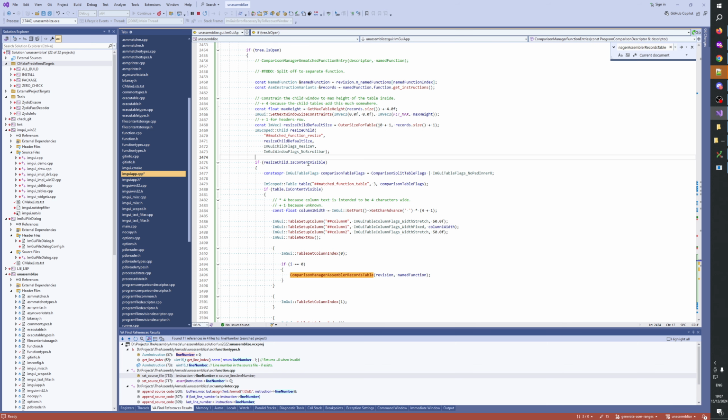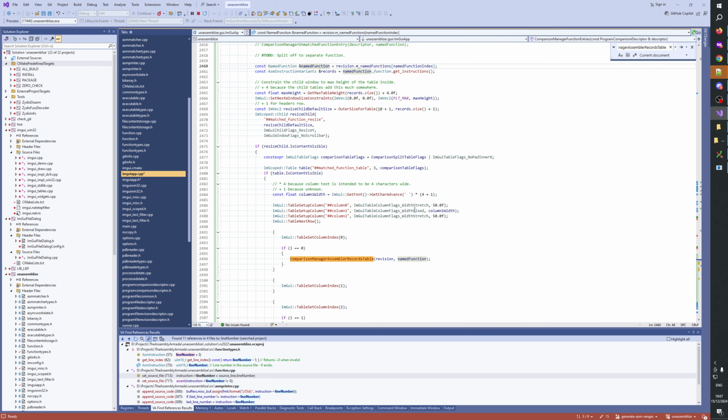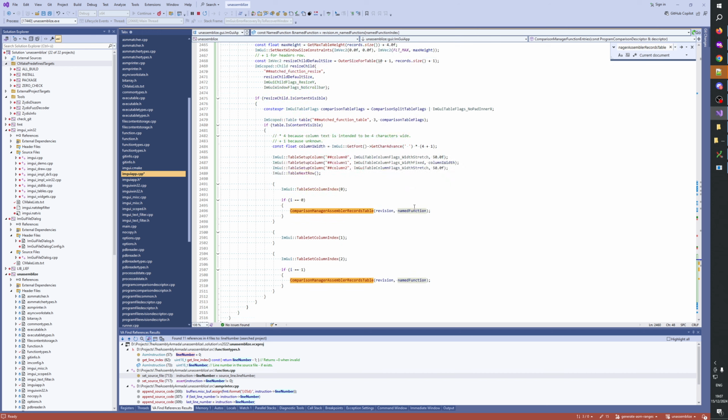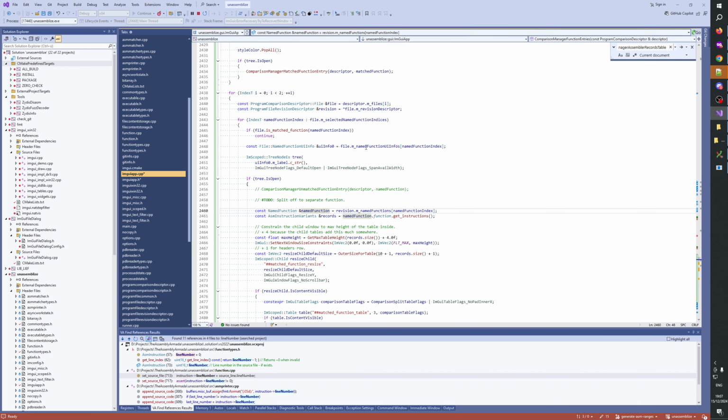Here we would just pass name function. Site